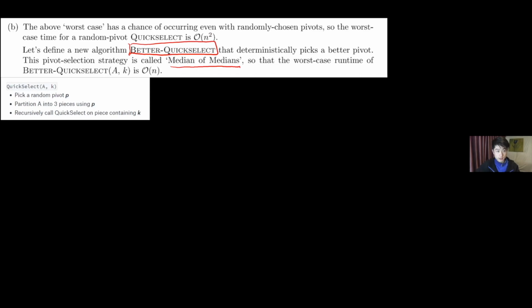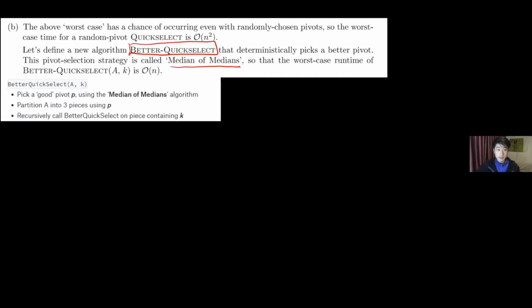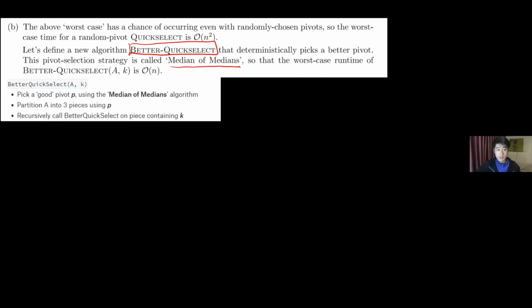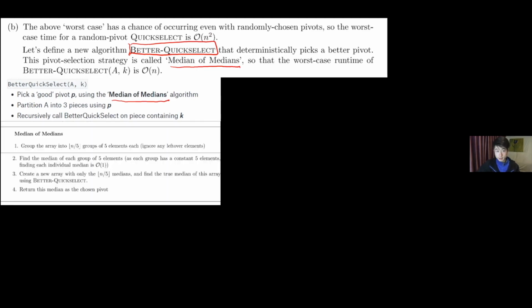Yeah, no, that's quick select, and this is better quick select. So rather than using a random pivot P, we pick a good pivot P using the median of medians algorithm, and then we basically do the same thing as quick select. So here's the median of medians algorithm. I guess I can step through this roughly. If we have an array A of length n,